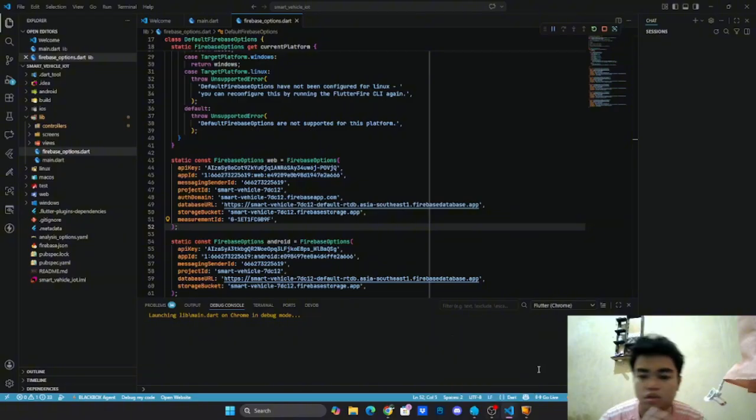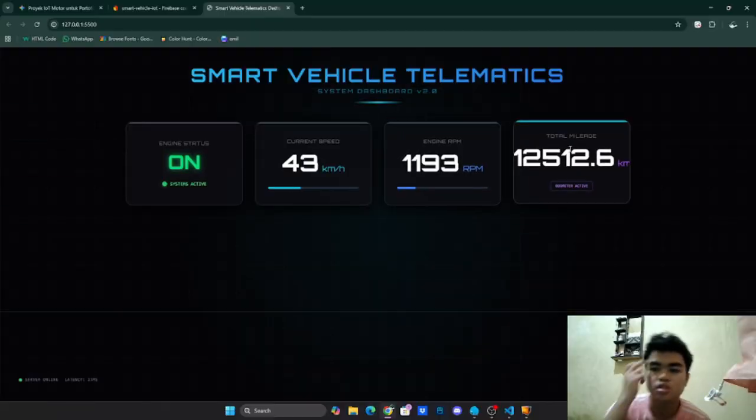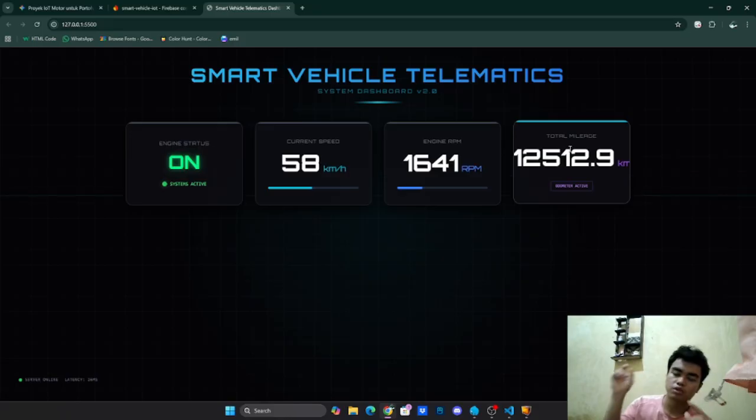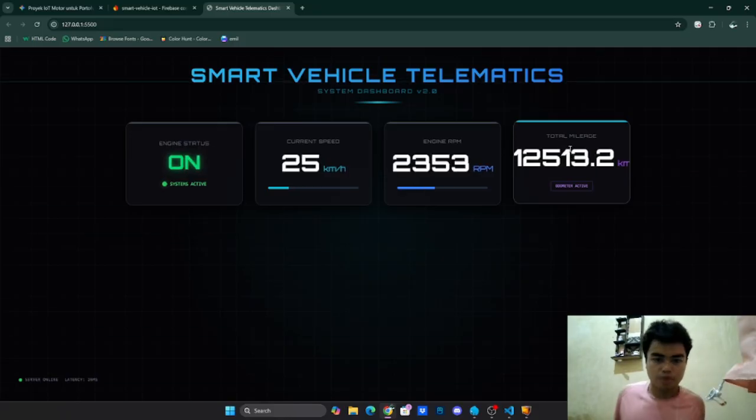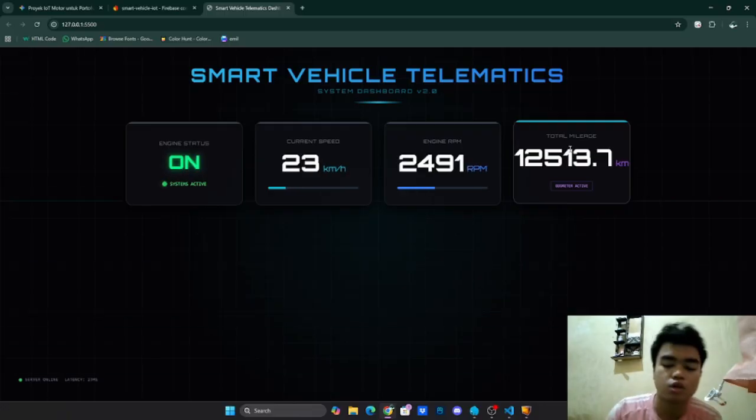In the next video, maybe I will try using this on a real motorcycle: when we tap the national ID card NFC to the phone, the motorcycle engine turns on and the data like speed, engine RPM, and total mileage is real data from the motorcycle. That's it for my video, and see you in the next video.